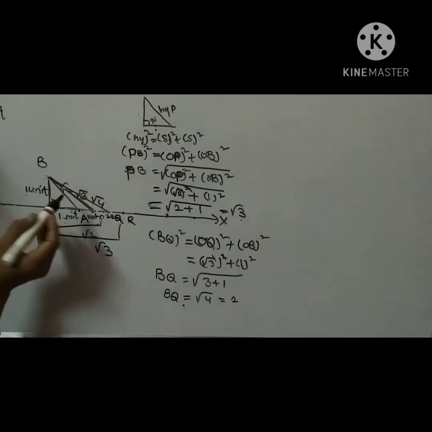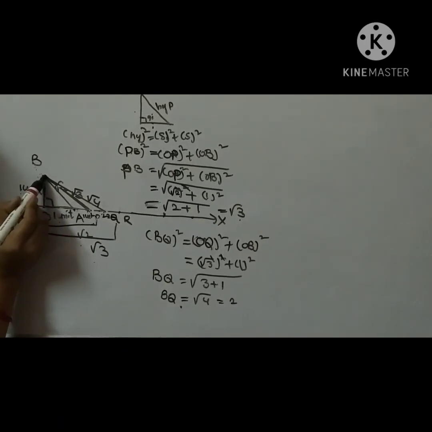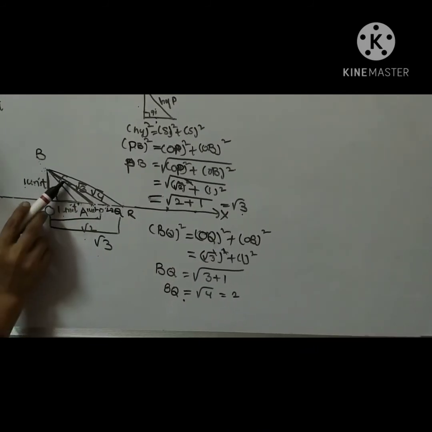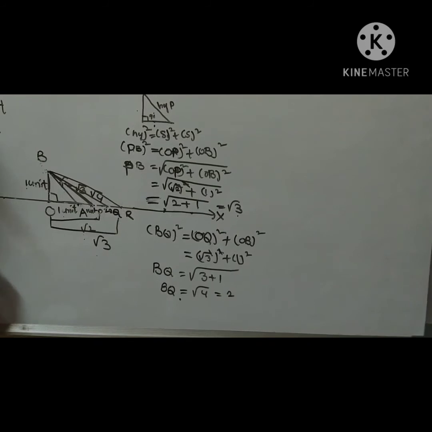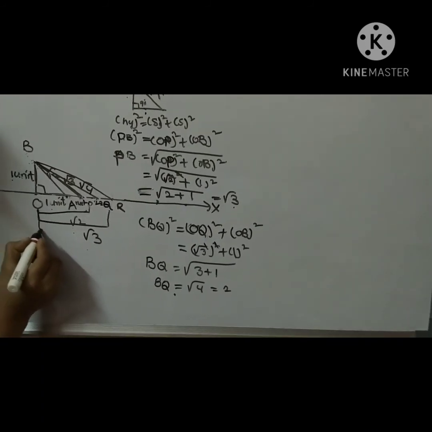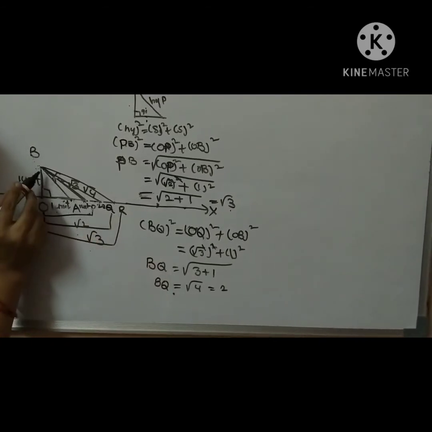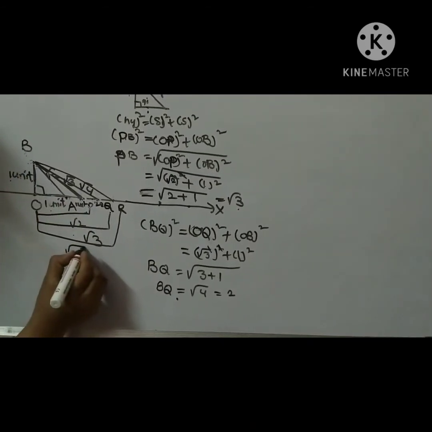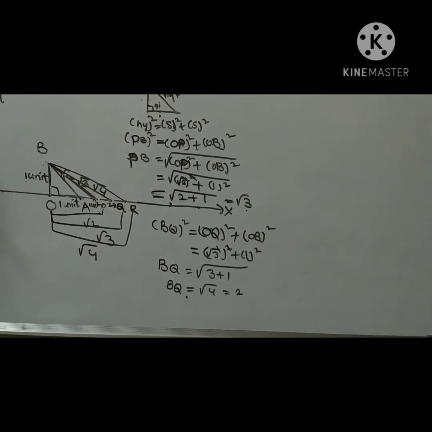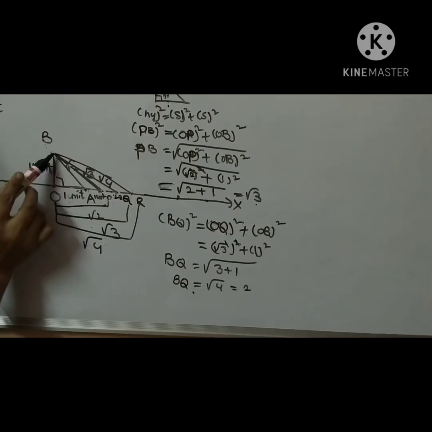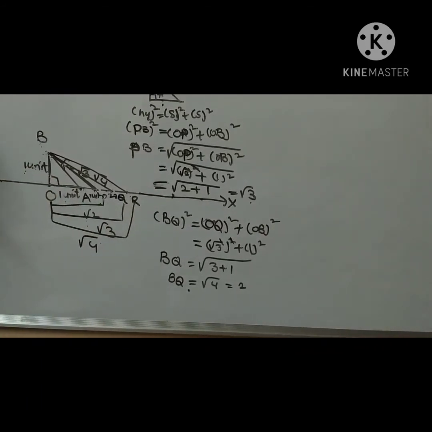Okay. So here join the B and Q. We draw this with only a scale and pencil. Okay children. So here now O2, the distance is equal to BQ. What is the distance of BQ? Root 4. So OB is a perpendicular line of 1 unit and we find the BR distance.